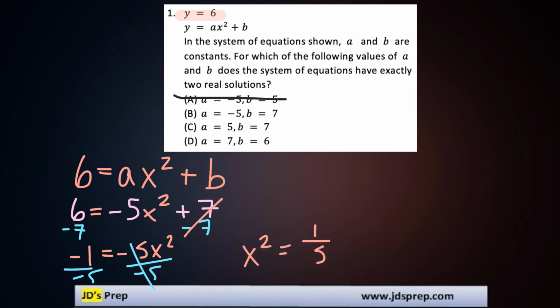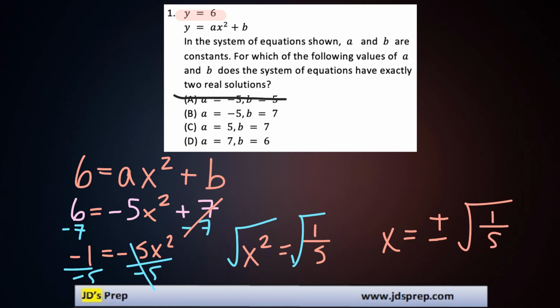+1/5. From there, this time we have a positive number, so if we square root it, we would in fact get two potential answers. In this case, x could equal both the positive or negative square root of 1/5. So that proves that B is our correct answer, which means we don't really need to bother checking C or